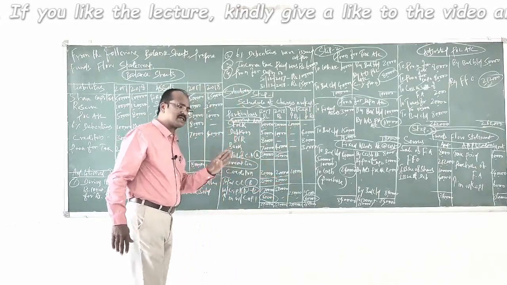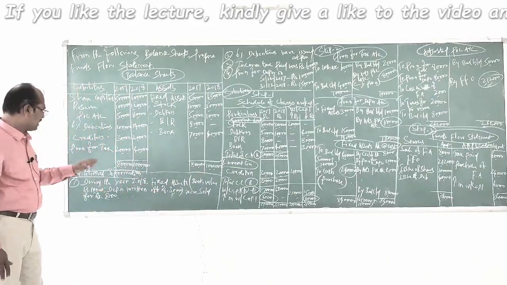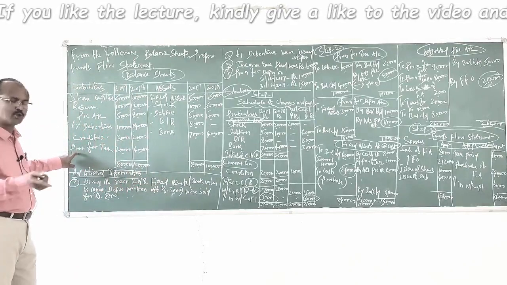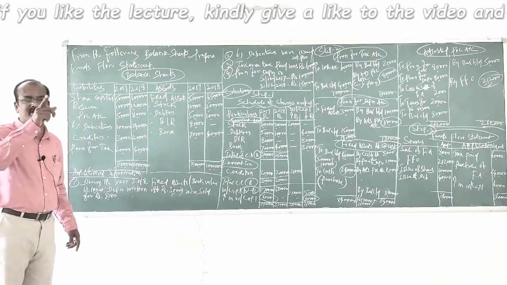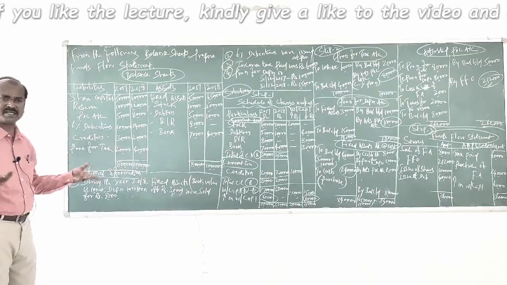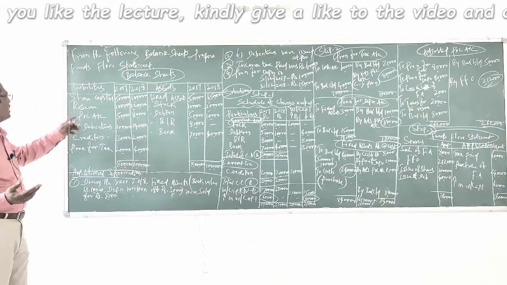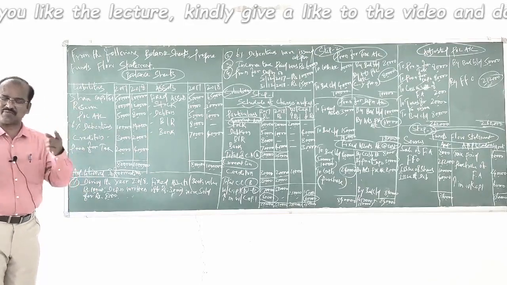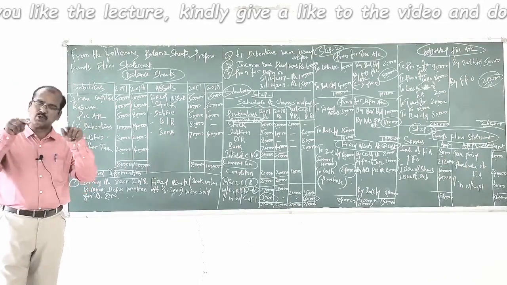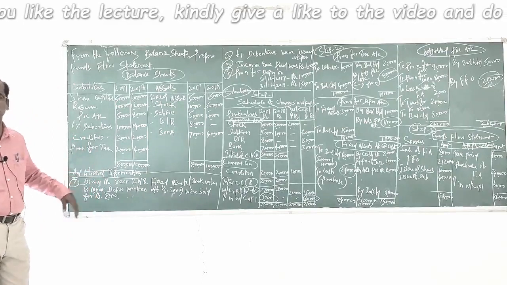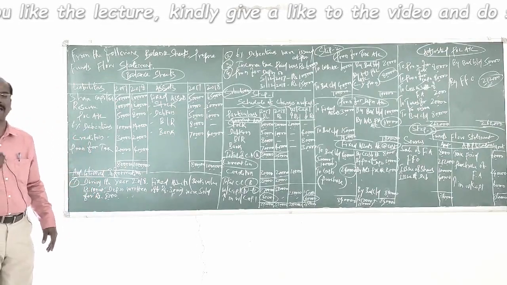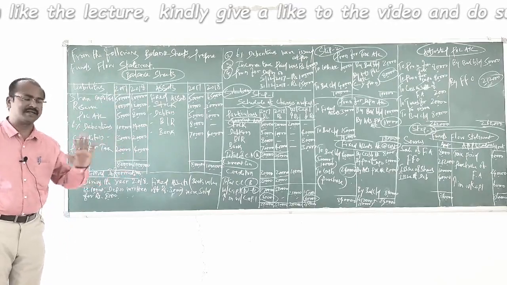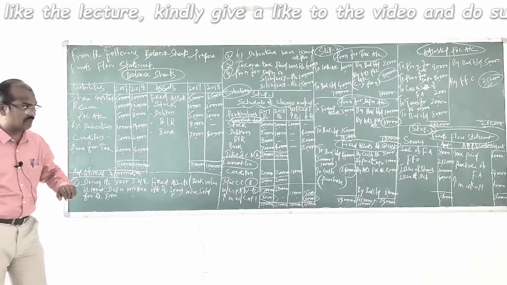In that, let us first understand which ledger account has to be opened. Now, have a look at the item provision for tax. As I already said, when I took you through the problem, we need to open a ledger account for provision for taxation. Whereas for 6% debentures, you don't require a ledger account. Share capital, you don't require a ledger account. In the case of a funds flow statement for a sole proprietary and partnership business, you need to open a capital account. But for a company, it is normally not required to open a capital account. You can directly record the change in capital in the funds flow statement. Right? So let us open the ledger account for provision for taxation first.